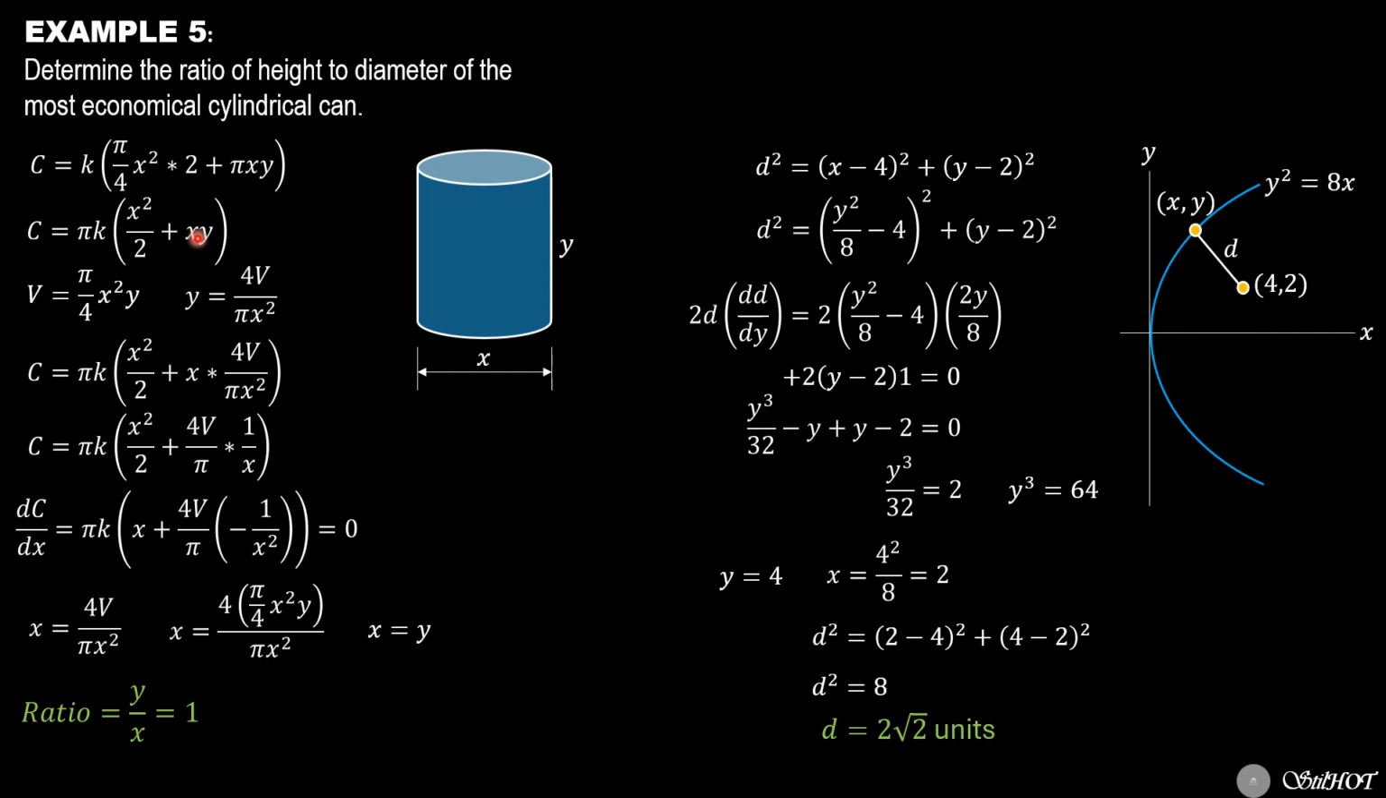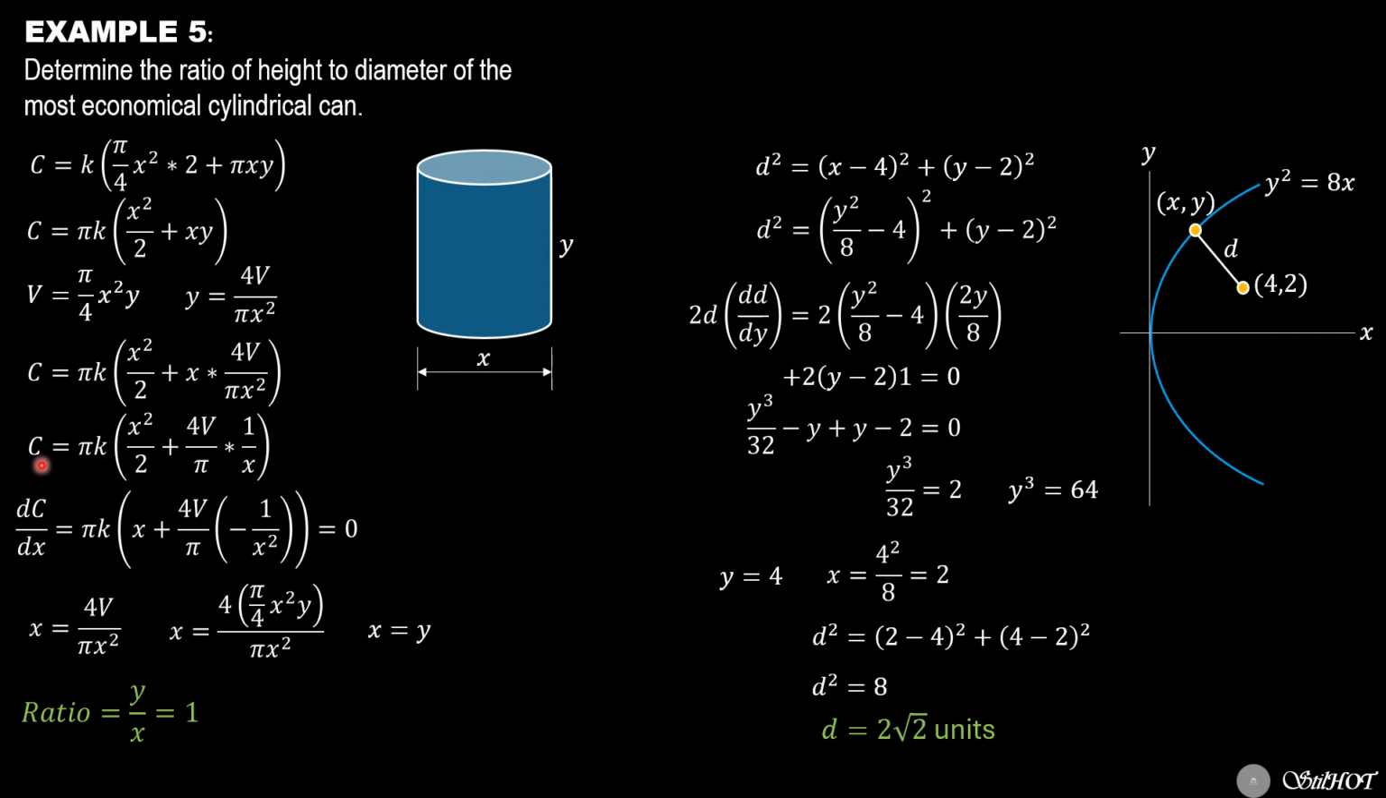Substitute into this equation. So cost is pi k quantity x squared over 2 plus x times 4v over pi x squared. Simplifying, cost is pi k quantity x squared over 2 plus 4v over pi, then 1 over x. Remember that the derivative of 1 over x is negative 1 over x squared, or you may use the power formula for that. So differentiating the